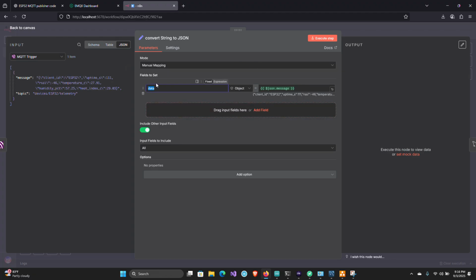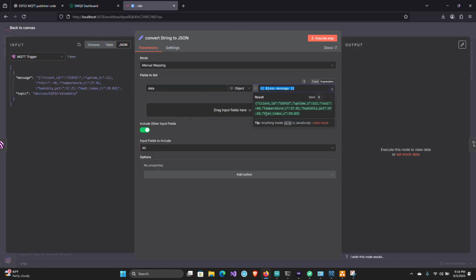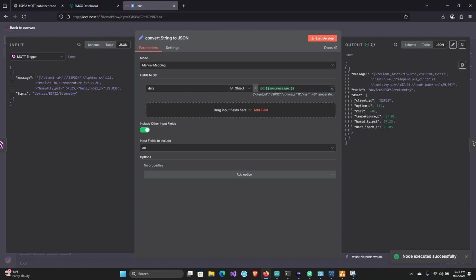We set the field here for the data name, and then this one as the object. For this, it's very easy. We just need to drag here and drop here. So this will generate like this, and we try to execute. Okay, from the JSON payload, it's already generated for each object.